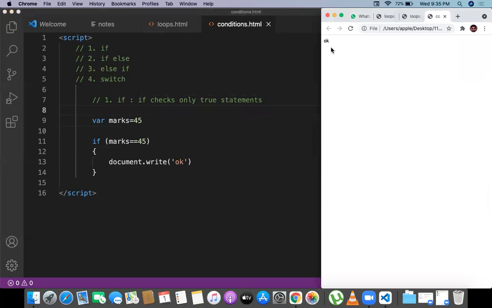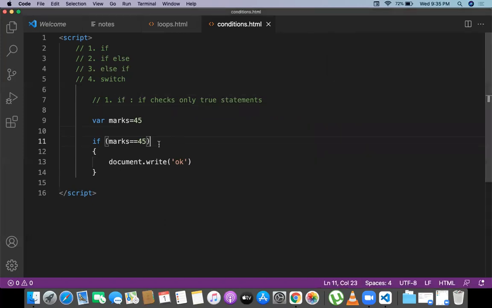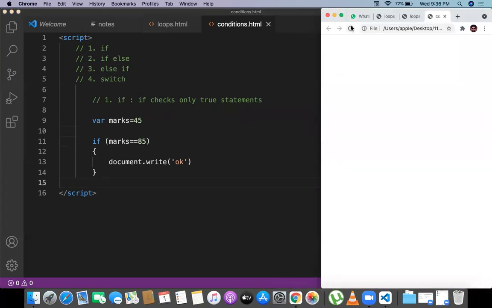Only a true statement is going to work with the if. If something is not equal, suppose for example marks not equal to 55, marks is basically 85. In this case you can't see the output in the browser. Why? Because this block of the code is not executing. Whatever block of code we write here will not execute. Whenever it is not executing, obviously you can't see any output. Why? Because the condition is not satisfied. If the condition gets satisfied, I can go with the if or else.